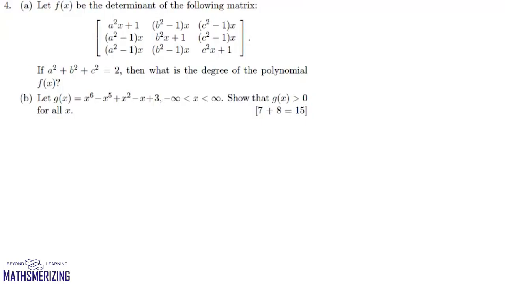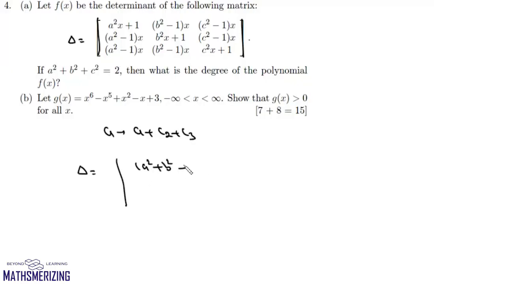Now question number 4 is, we are given this determinant of the following matrix, and if a square plus b square plus c square is 2, what is the degree of the polynomial? Now suppose this determinant is equal to delta. What we'll do is write C1 as C1 plus C2 plus C3. We can write this delta as